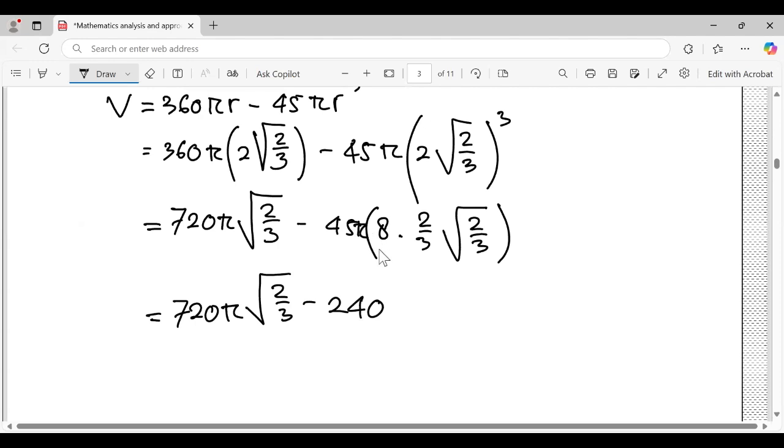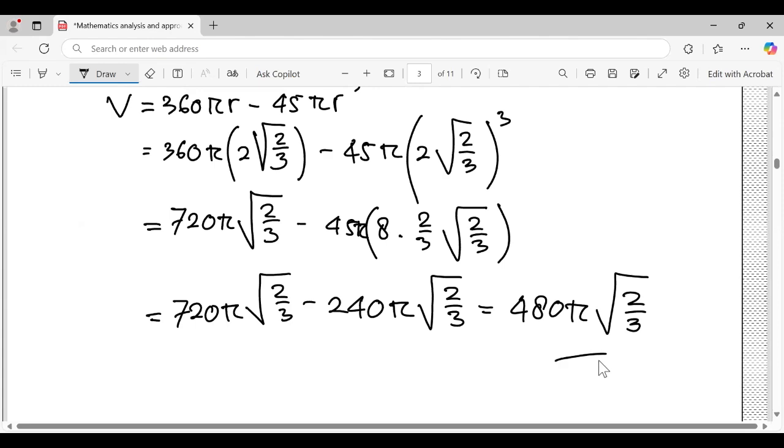This is pi here. Pi square root 2/3. And 720 minus 240 is 480. Pi root 2 third. So,